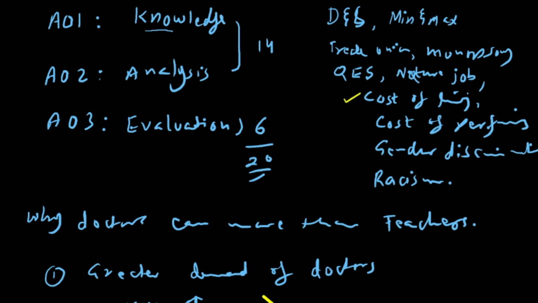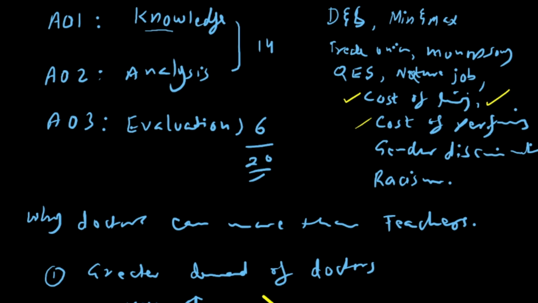So let's say the cost of living in the area. As I told you, the cost of living in different regions and different countries is different, and even in the same country, in different areas, the cost of living is different. Like in Islamabad, the cost of living is relatively higher than in Karachi, Lahore, and Multan, so the wages are accordingly different in these cities. So a teacher working in a city that has a high cost of living might be receiving much more than a doctor working in a low cost of living area. So this is another evaluation point.